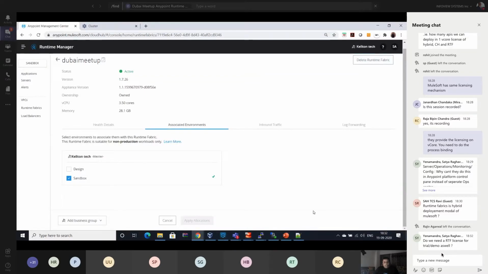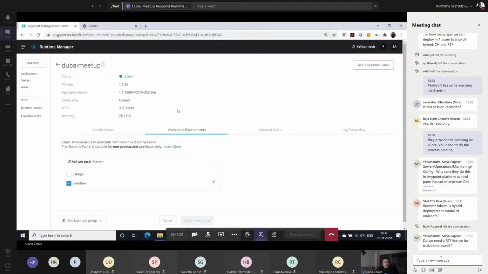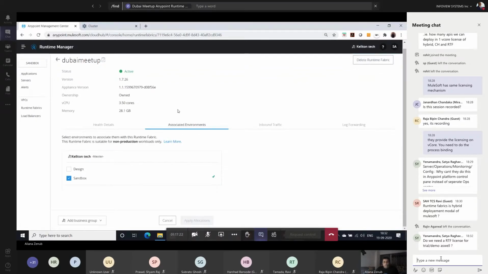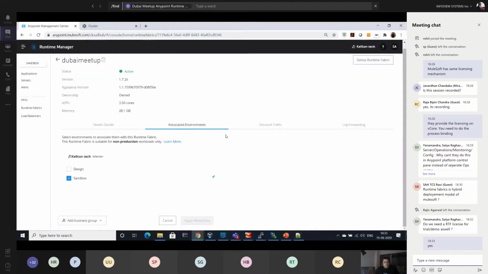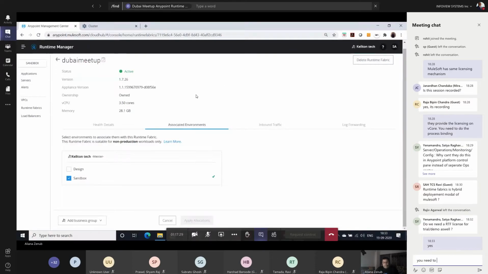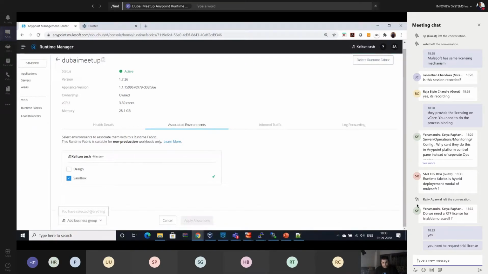One major thing we have found is that runtime fabric can be shared with multiple business groups. If I have a business group in my runtime fabric, my platform in CloudHub, master organization, organization A and organization B, and I associate it with organization B, organization A will not be able to access any of the resources I have configured in runtime fabric.